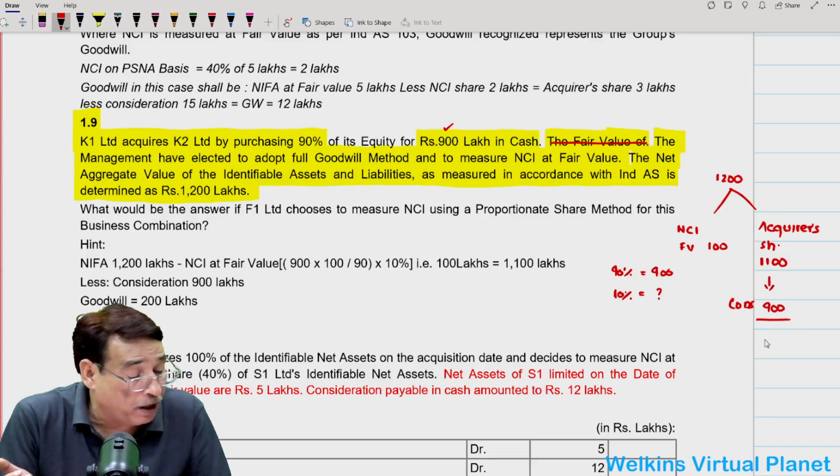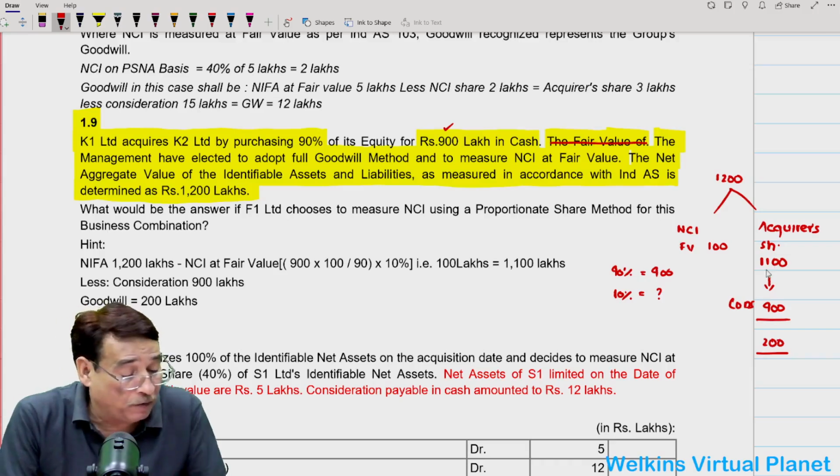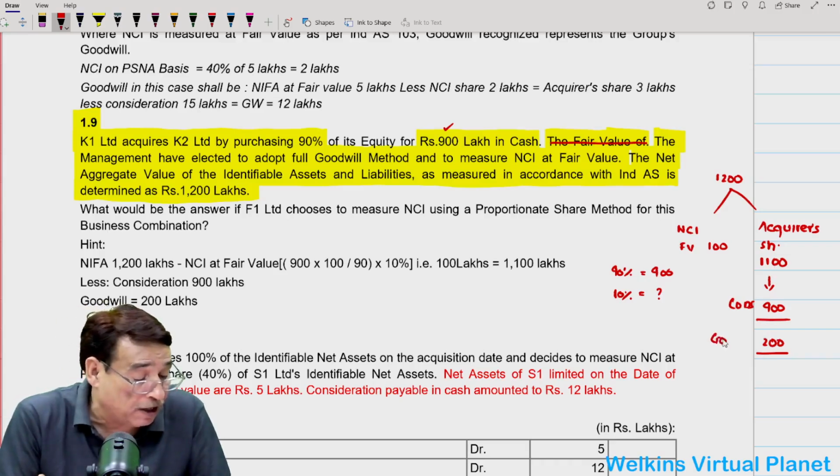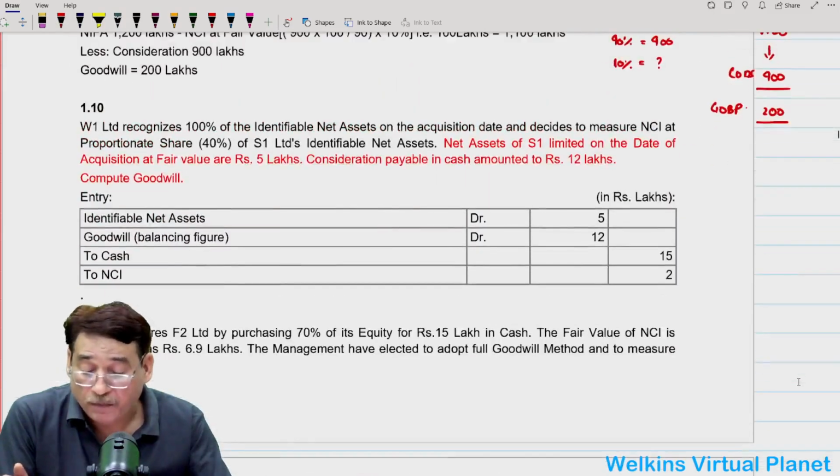So that means we are going to get this time 1,100 lakhs, but because amount of consideration is less, correct? Amount of consideration is less, so we shall get gain on bargain purchase in this particular case. So gain on bargain purchase this time, and